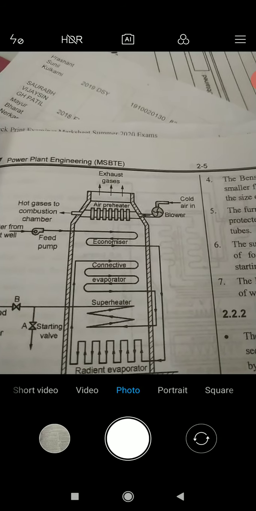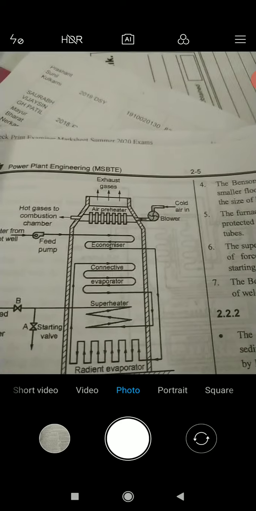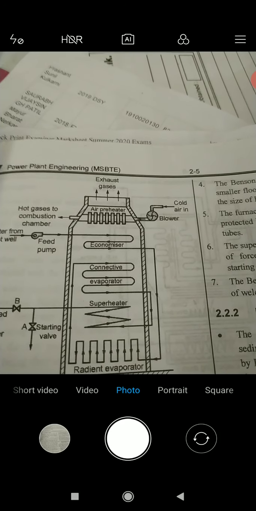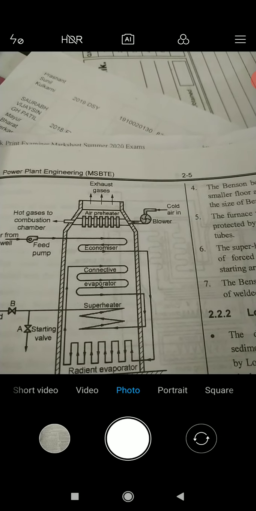Basically, at the critical pressure, the water and steam have the same density and no bubbles are formed. Further, at critical pressure, the enthalpy of evaporation is 0. The water gets converted into steam directly without passing through the evaporation process.